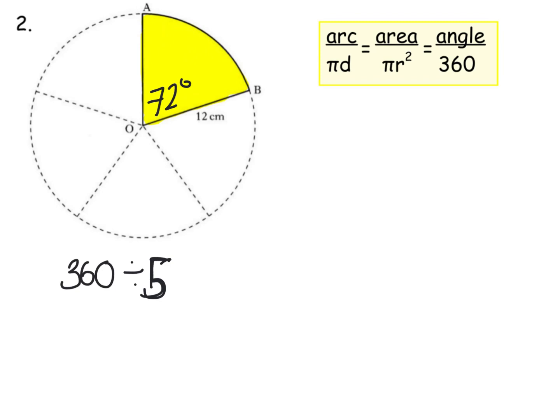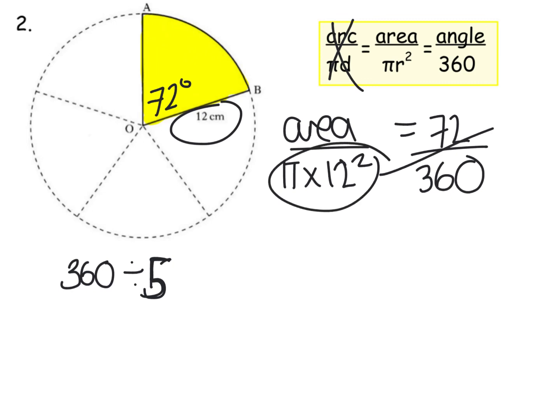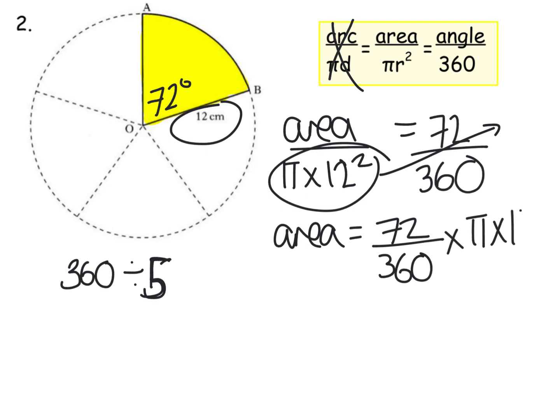We are not using the arc part of the formula, so we're going straight to area. So we have area over pi r squared. My radius is 12. It's not written the biggest there, but it is 12. So I've got pi times 12 squared equals my angle of 72 over 360. This pi times 12 squared is going to get cross multiplied over to here. So we have area equals 72 over 360 times pi times 12 squared, which is